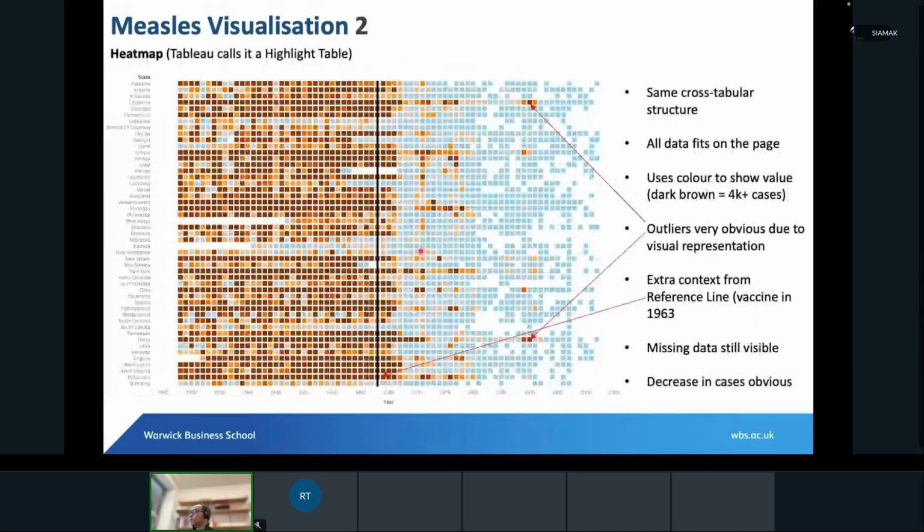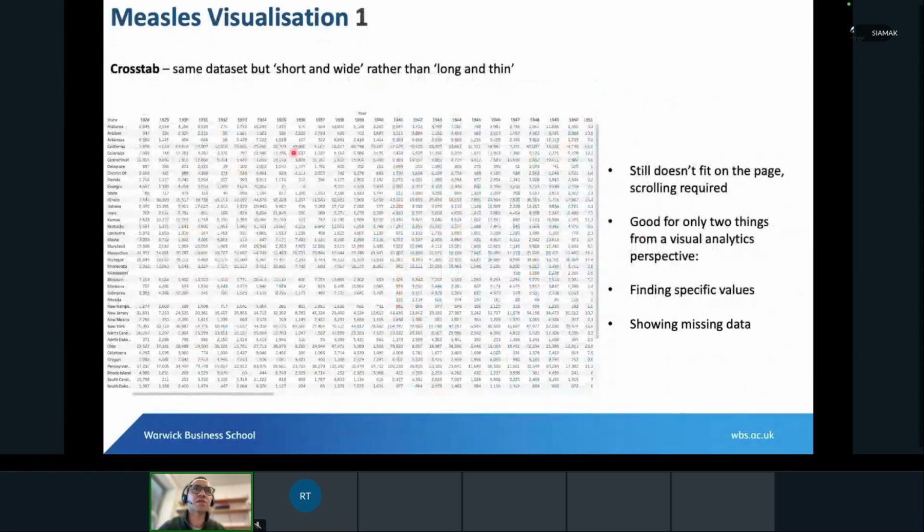The second visualization that we created here is a heat map. A heat map essentially is the same as a crosstab, but here we don't have any numbers. Because we don't have any numbers, the cells can be more compact, so we can fit everything in a single shot. Rather than showing the numbers, for instance, here we have 49,000. This is very much different from 5,000. But is it really important if you have two numbers which are very close to each other, like these two, for instance,